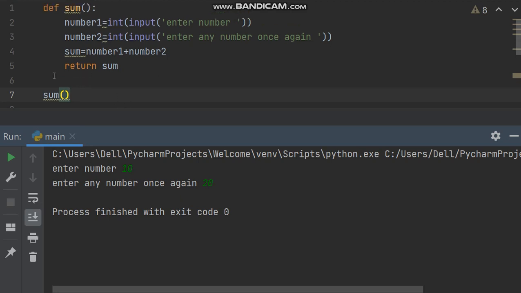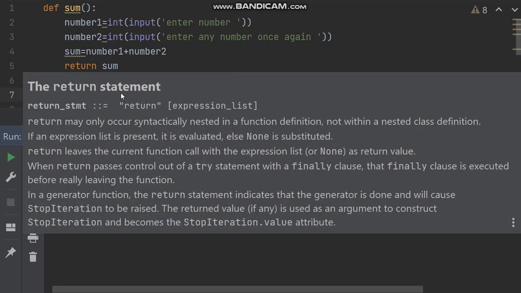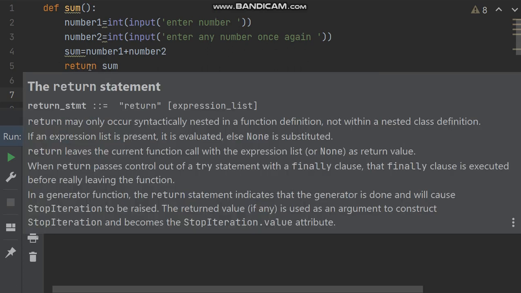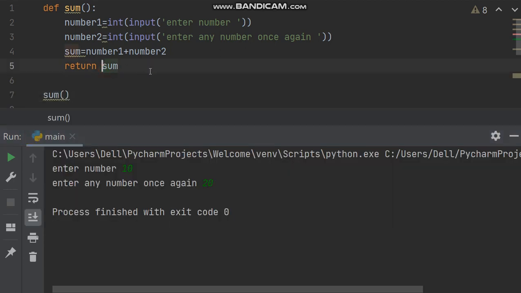Return sum. So the return statement, here see, return statement, expression list. Okay, now what to do? You return 0.